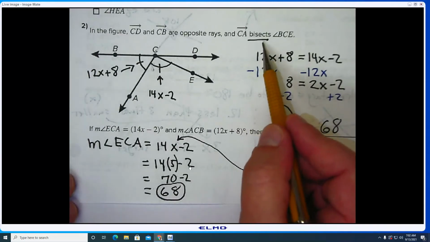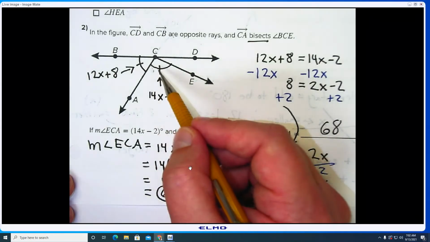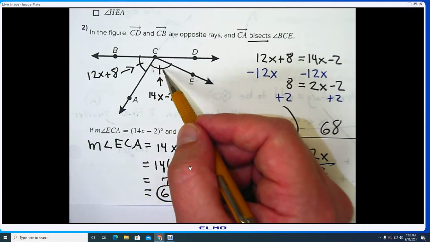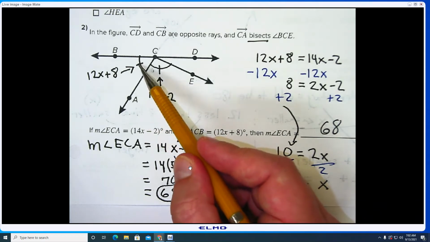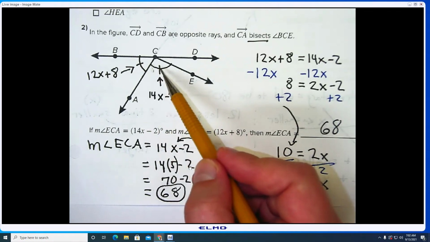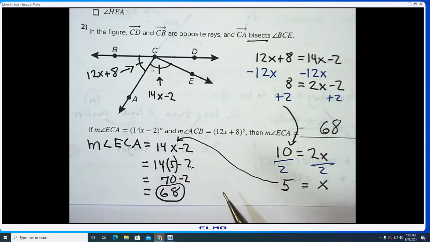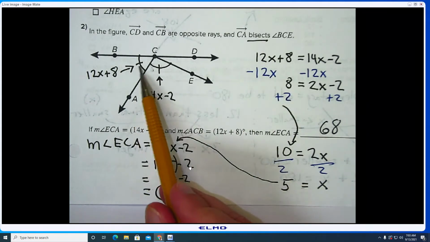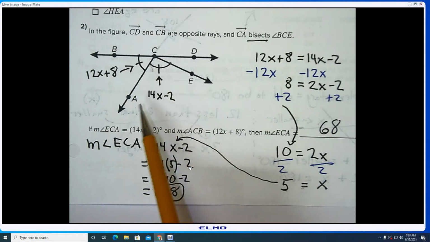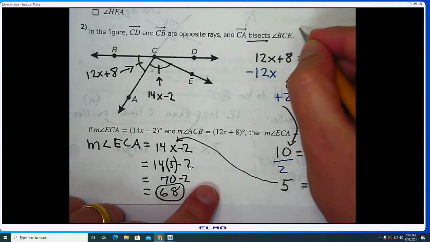If they tell you bisect, bisect means it's cutting it in half, but it really means most often that they are equal to each other. So if this cut it in half, that means this one and this one are the same, and we use those tick marks. I also labeled it with what they're equal to. They usually are giving you that information so you can use it. So that means that this angle and this angle are going to be the same if they got bisected. So I can add that